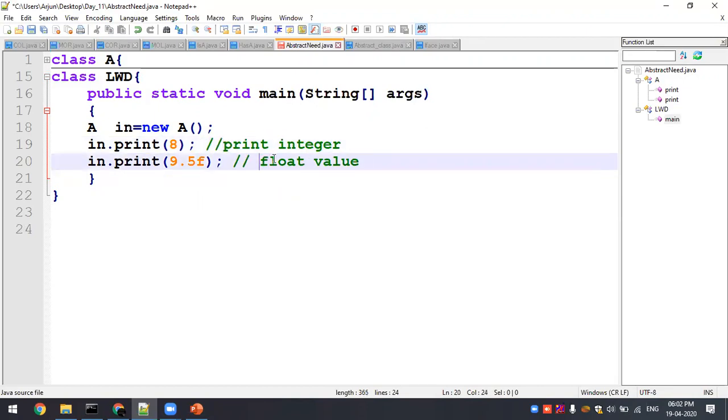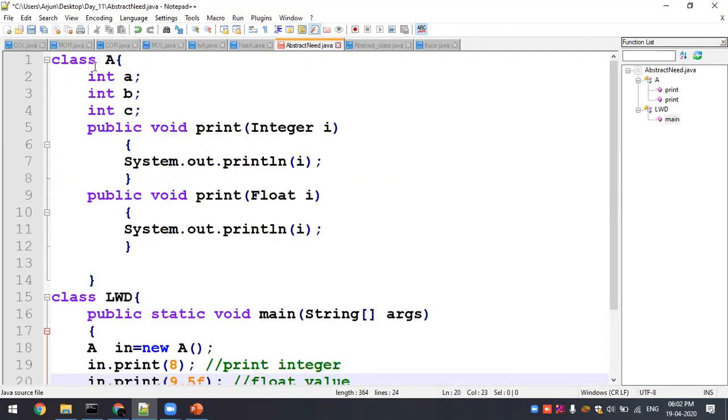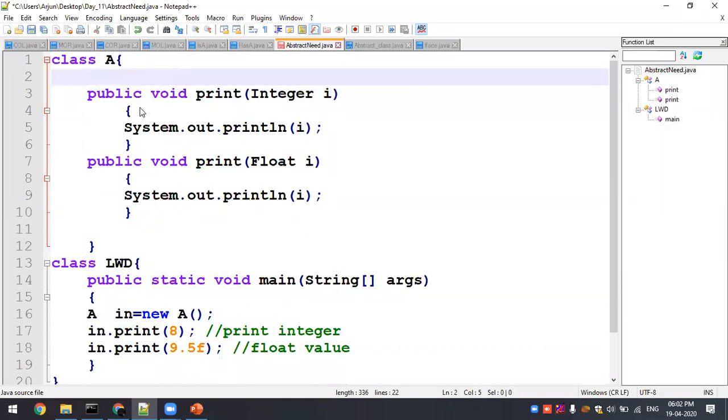Now both will be doing the same operation, display, when we call a method inside class A. Class A is having two methods, printf and printf. One takes an integer value i, another takes a float value i. Both were i values. This 3 is not required at all, A, B, C is not required. Now I have an integer i and that will be printed inside it. Whenever I call the integer printf, it will be calling the integer i.